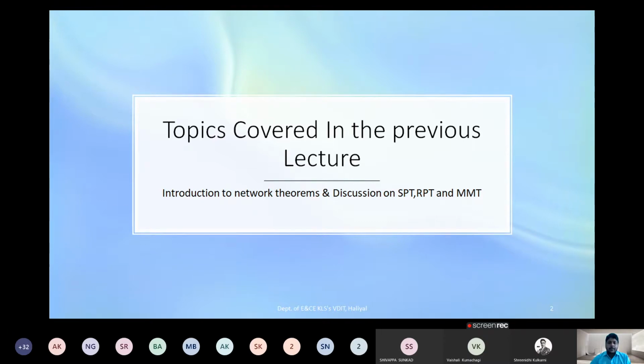And if we take reciprocity theorem, what do we do? First, with the given circuit, we take the required output for the given input. Then we interchange the input and output positions. Again, we take the input from the other side where the output was earlier. And now we verify whether the result remains the same or not. That is the reciprocity theorem.